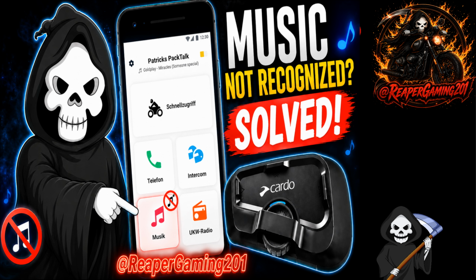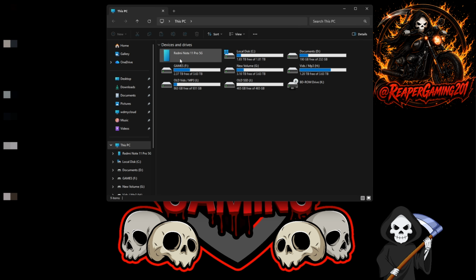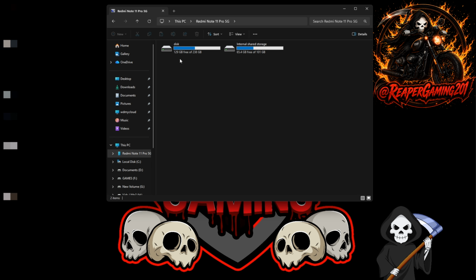So I've got an Android device, the Redmi Note 11 Pro. I've got it hooked up to my PC. Make sure it's in file transfer mode. I'm not too sure what your device specifications are or what steps you would have to take, but make sure that it shows up on whatever device you want to do the transfer. Here in the File Explorer, you can see Redmi Note 11 Pro. If I double click on that, I've got two choices: internal storage, and external storage, which is the disk here.